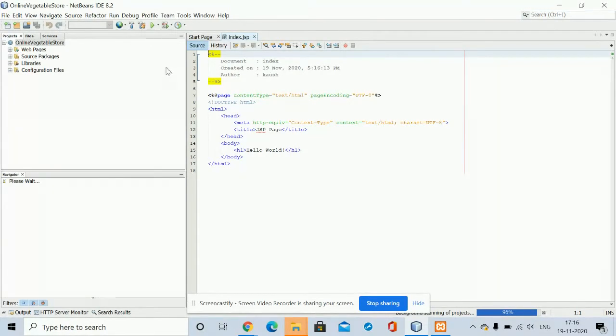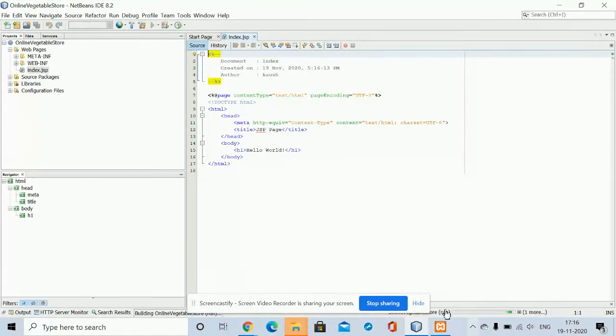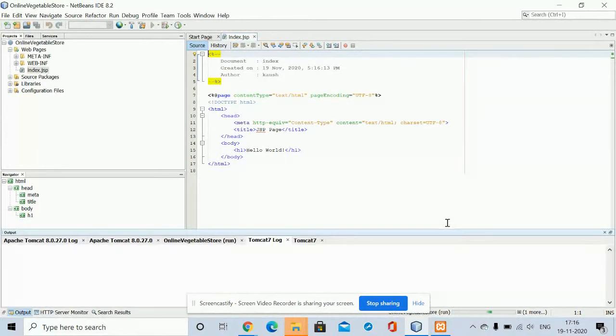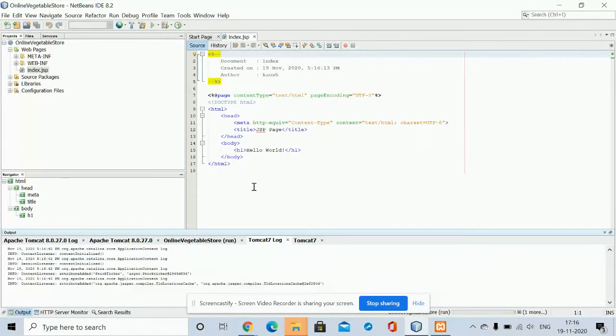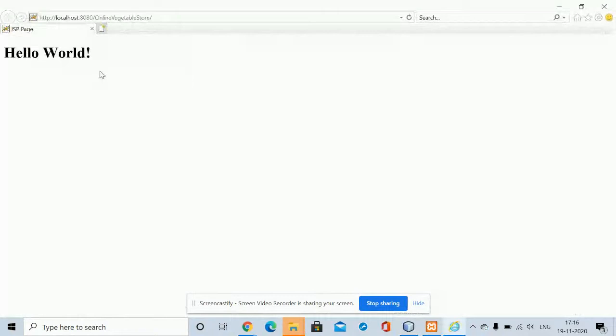Let's test whether it's working or not. For the default project which you have created on the NetBeans, click on Run, and once you click on Run, you will get a page here. Wait while it's running. Here you can see it's compiling the file. Wait for some time. You can see it's saying hello world, which means you have created a web application project over the NetBeans, the hello world application.